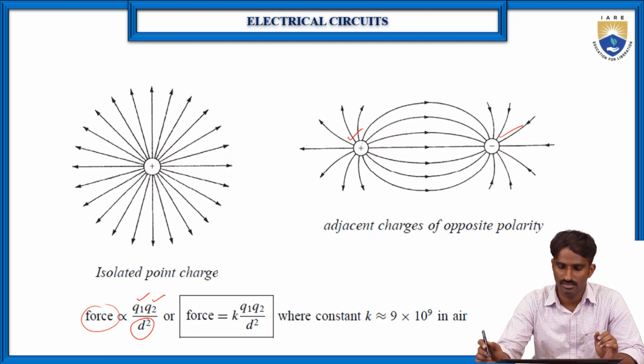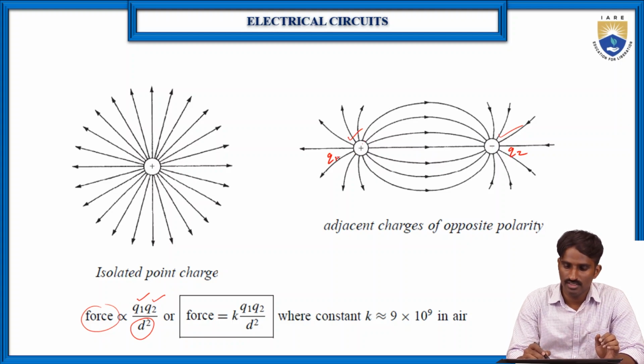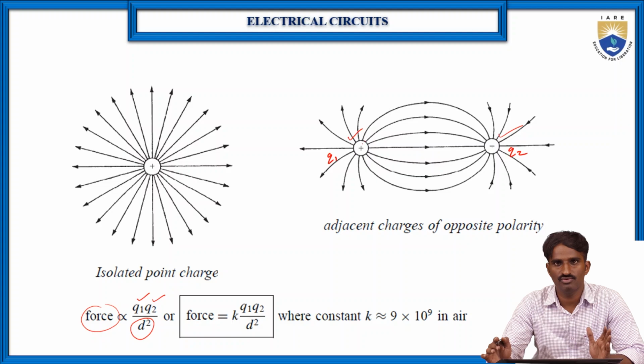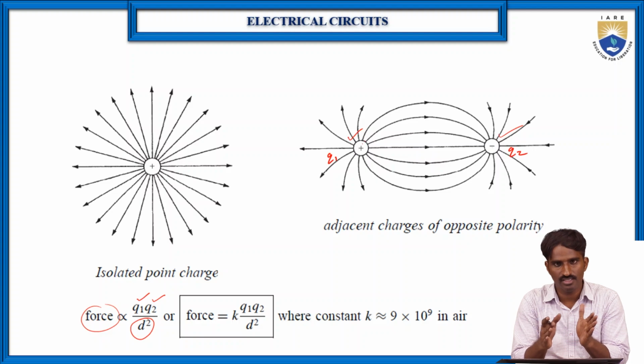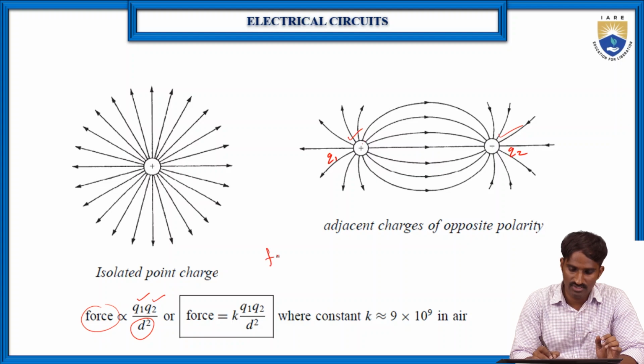charges, right? So let us consider the charge of this positive charge as q1, and here let us consider q2. Then the force between these two charges is proportional to the product of the individual charges, that is q1 into q2, and is inversely proportional to the distance, because when we increase the distance, the attractive or repulsive force between these two charges will definitely decrease, right? If you place them very near, then the force between them will be very high. So that's why the force is inversely proportional to the square of the distance between these two